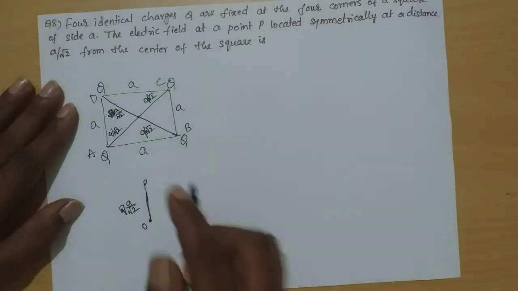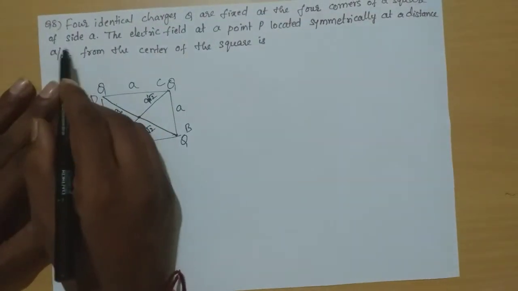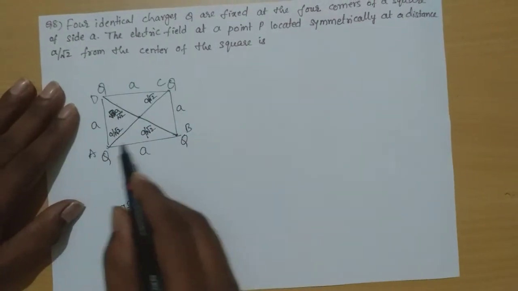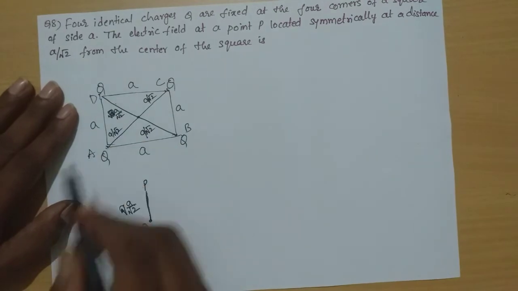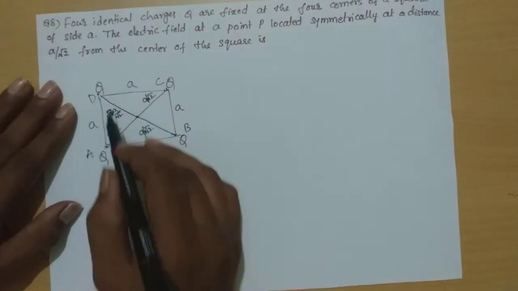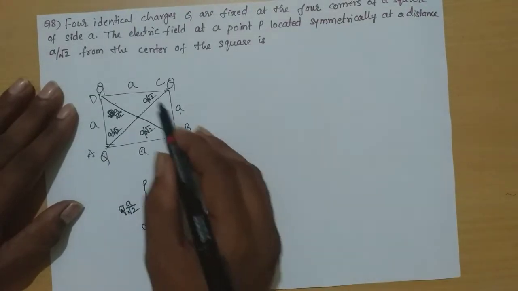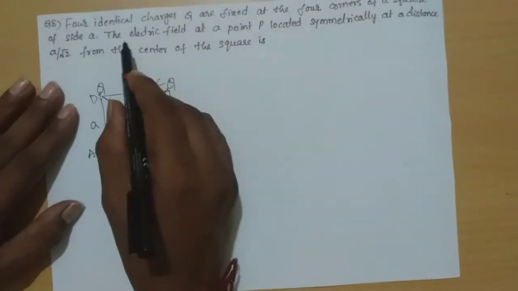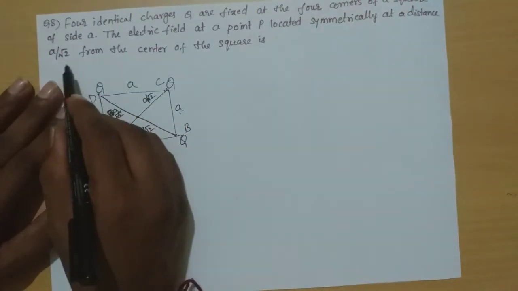Okay, see the next question. Four identical charges Q are fixed at the four corners of a square of side A. So four identical charges Q, this is the square ABCD, at the four vertices, four charges Q, and the side is A only. So the electric field at a point P located symmetrically at a distance A by root 2 from the center